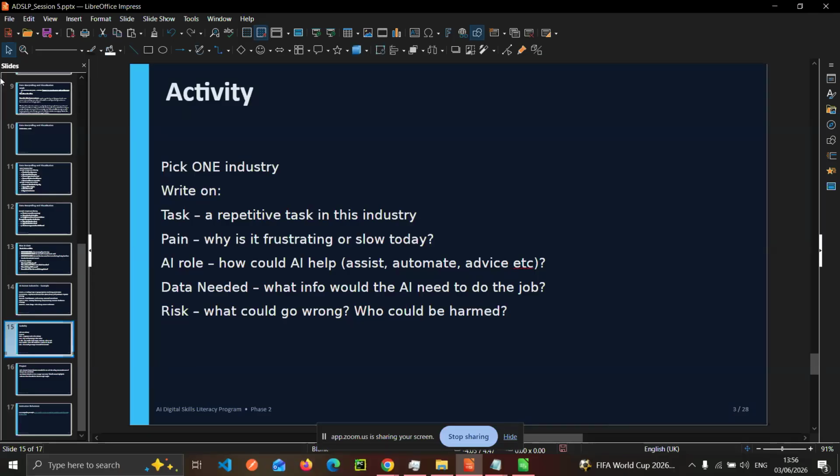And the risk about all this is what could go wrong. What could go wrong is, for example, in case there is a new kind of complaint which has never originated before, the AI assistant might hallucinate and give a response which is not technically correct, and that might lead to disruption of services. And who could be harmed? The bank and the customers and its clients could all be harmed.